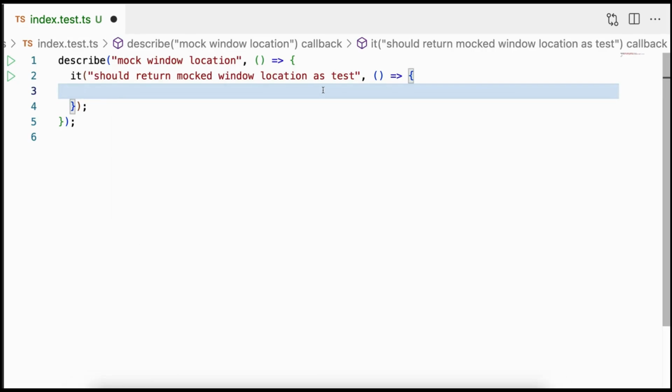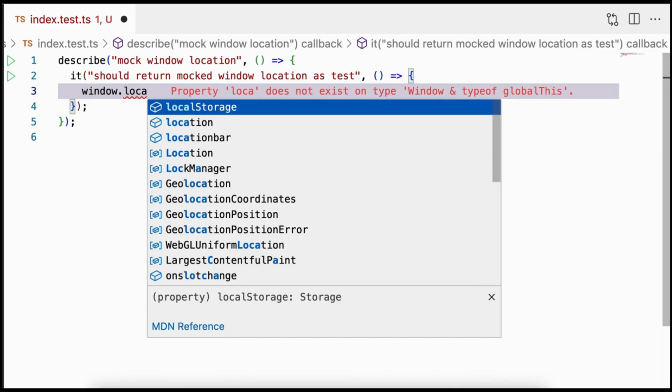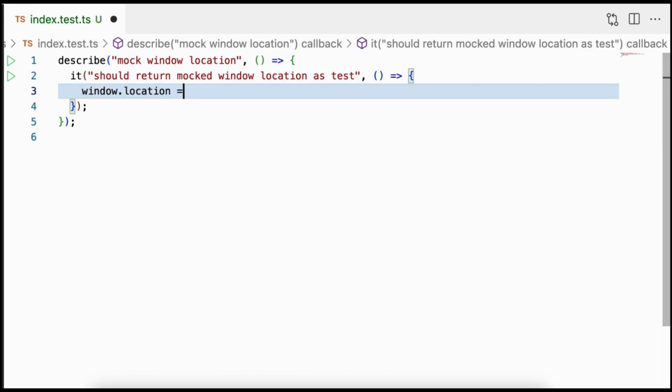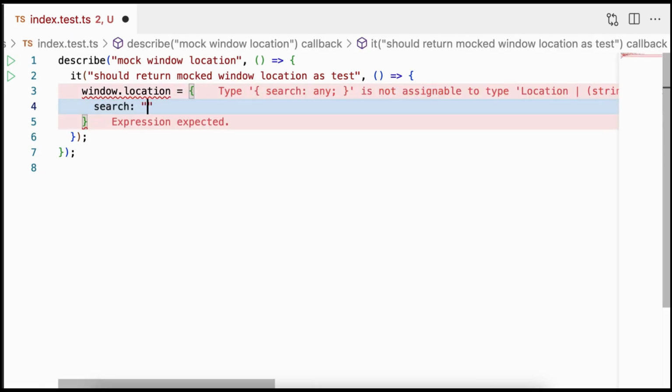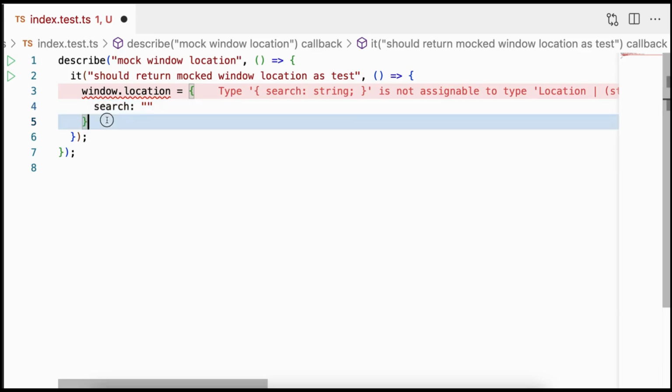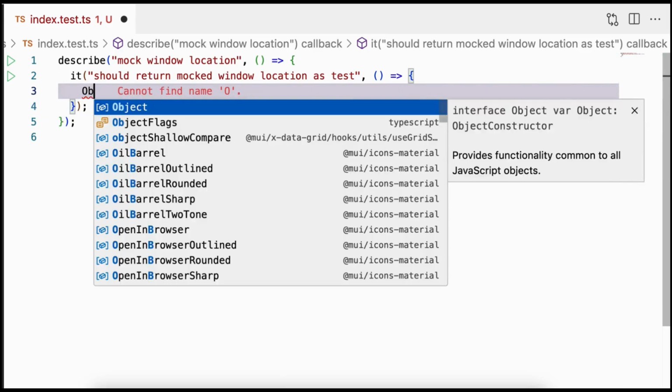Let's get this started. First thought that comes into mind is to simply mock window.location. However, if you're using TypeScript, this will not work. If you're using JS, this will not show you this type error, but it will show you an error while running the unit test. Now, I'm going to use Object.defineProperty